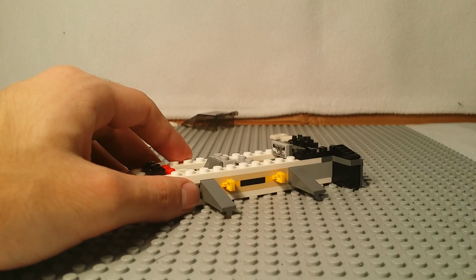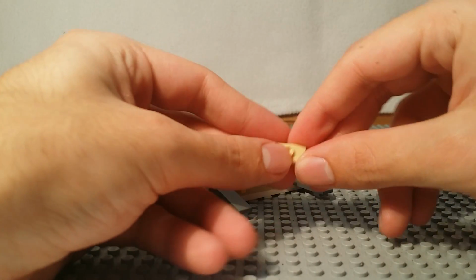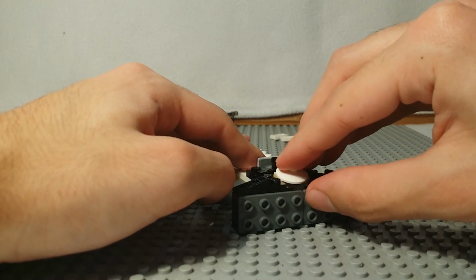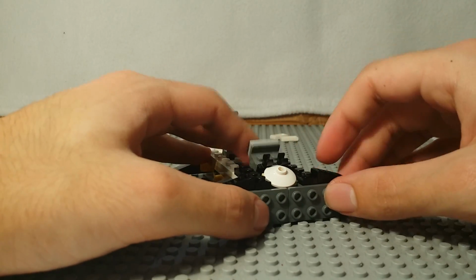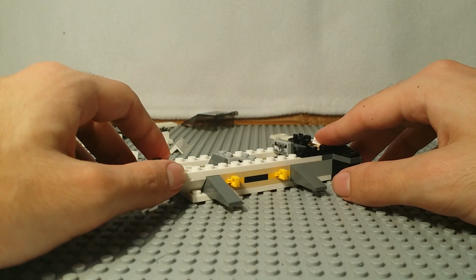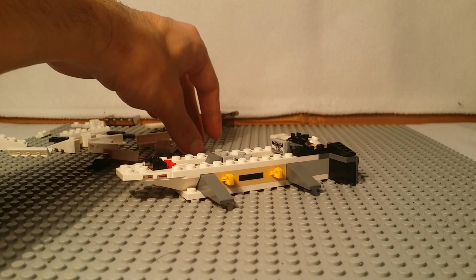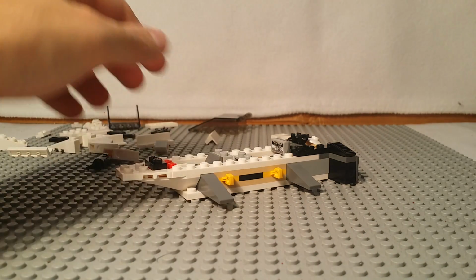Now we're going to build a little radar dish. So we take a 1x2 plate with 1 stud and a 2x2 parabola. Put it on top just like that. And then we are going to put that right here and tilt it down whatever it can tilt. Alrighty. I don't know where that piece could have gone, and you know, I'll find it as soon as I'm done filming, so whatever. Anyway,